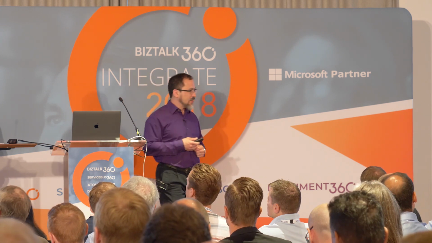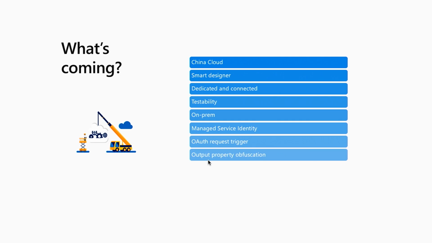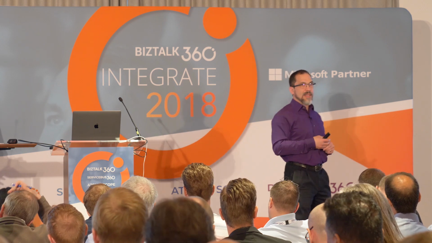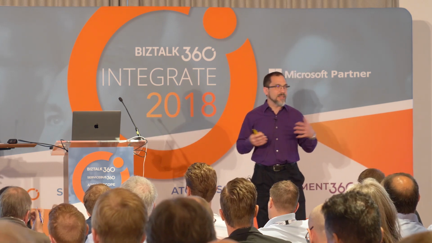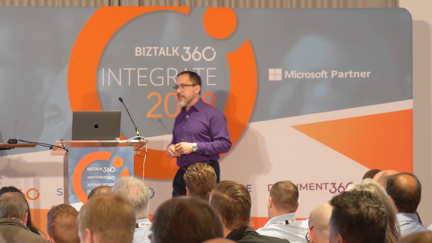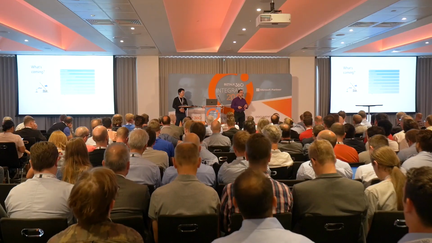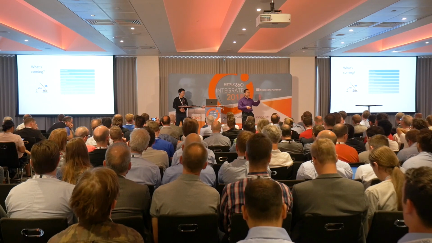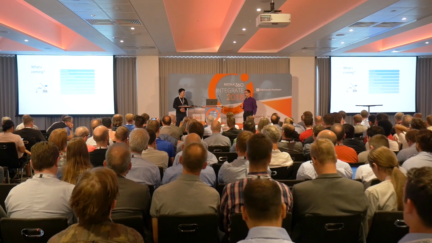Output property obfuscation. That's important because sometimes you want to have data that comes into the monitoring view. Everything gets exposed for great purposes, so you can have insights as to what's going on. But sometimes there's sensitive data that goes through your Logic App, and you want to not have your operators look at that or anybody look at that. In cases of healthcare or finance, you want to be able to kind of blackline those things out. So we're going to add the ability to have property obfuscation so that you can mark those properties as not being exposed in that way. They stay encrypted on the store and then don't get shown in those monitoring views.